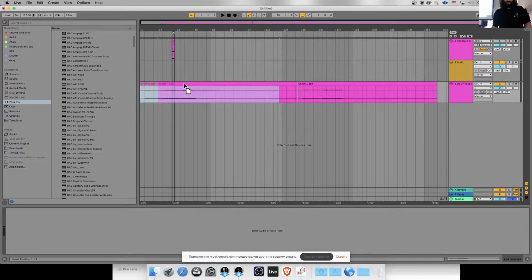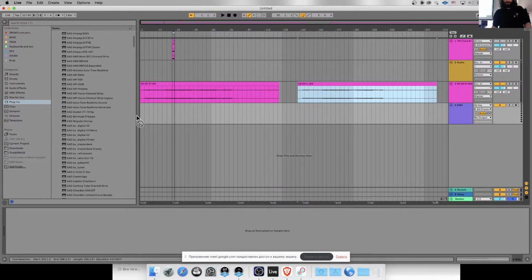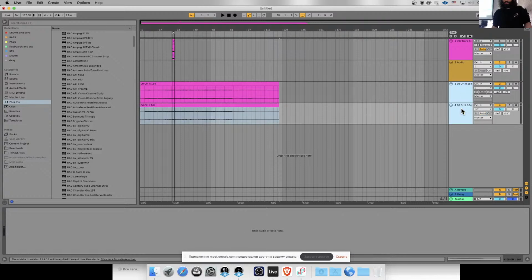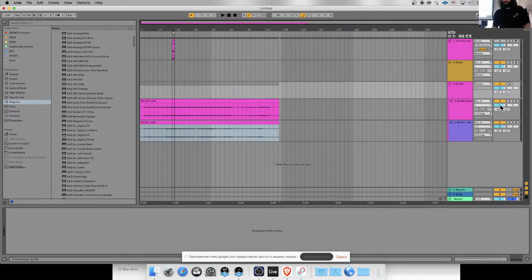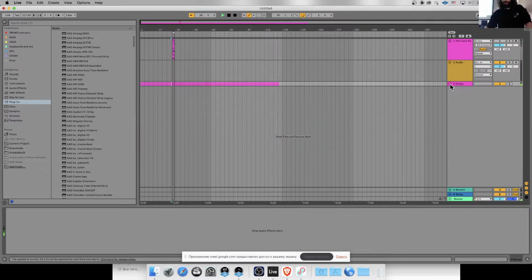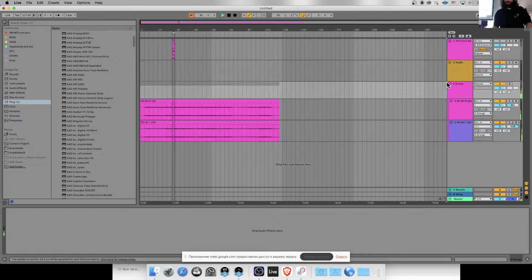Yeah, and so he's not splitting in stereo. Okay, so I have their left and right, and let's group them here and put one on the left and one on the right. Oh, wait, nope, that's not what I want. One on the left and one on the right. So, look,